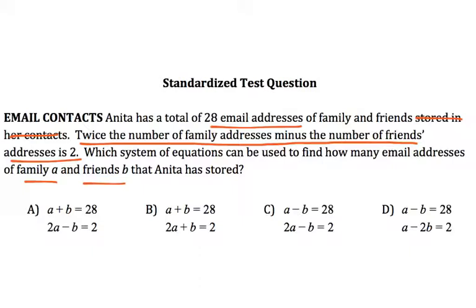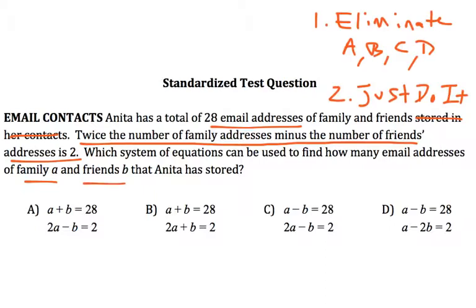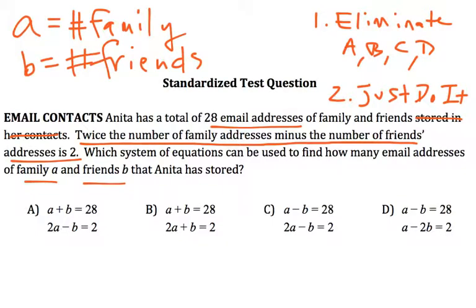Pause it. I'm going to start talking about it right now. And with a lot of these types of questions, your first option is just to eliminate A, B, C, or D, and then you can always just do the problem too. And usually that's a bit of a time management decision. And A represents the number of family contacts, B represents the number of friends. So if you go the elimination route,